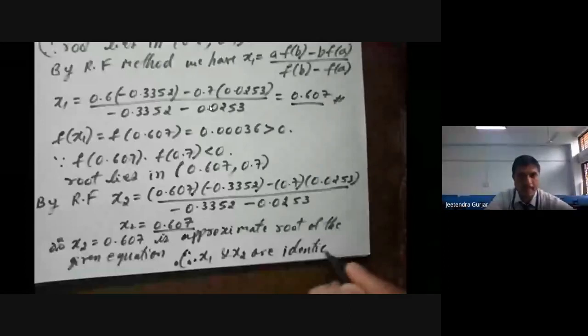So this is how you have to simplify. So I think everyone has